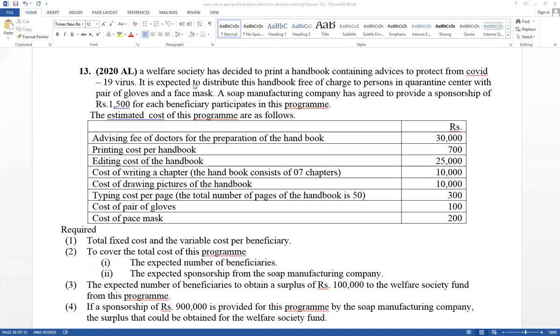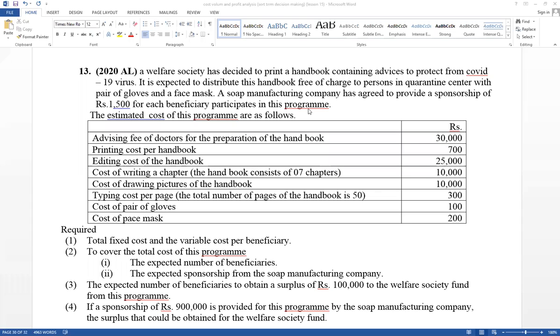It is expected to distribute this handbook free of charge to the persons in quarantine centers with a pair of gloves and face masks. Think about there are three parts: handbooks, pair of gloves, and face masks. A soft manufacturing company has agreed to provide sponsorships of 1,500 for each participant